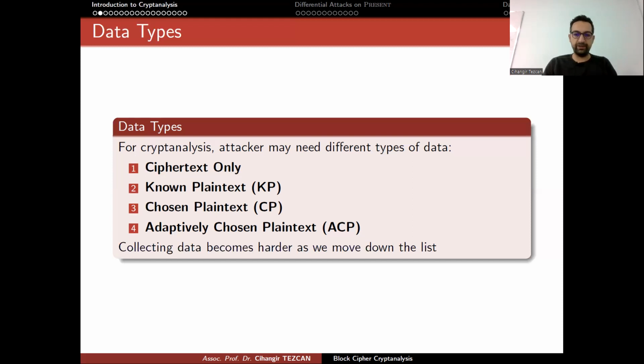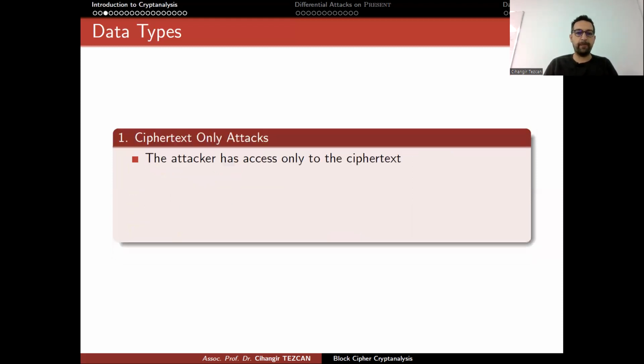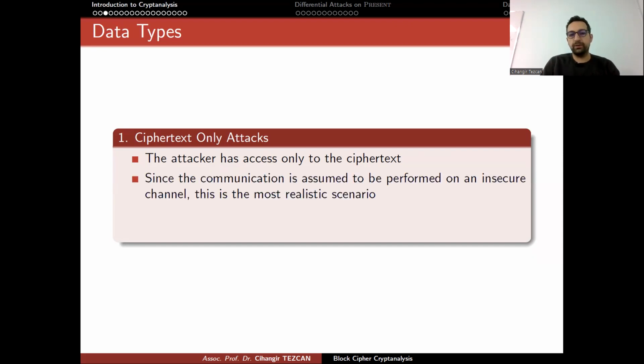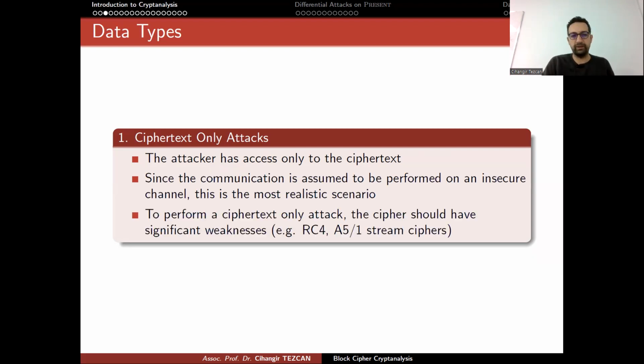So let's briefly mention once again all of them. Let's look at ciphertext-only attacks. In this scenario, the attacker has access only to the ciphertext. Okay. Since the communication is assumed to be performed on an insecure channel, this is the most realistic scenario. So maybe if it is wireless communication, you have an antenna and you listen to the communication for 50 years and you collect a lot of ciphertext and you're hoping that one day there will be a weakness in the cipher